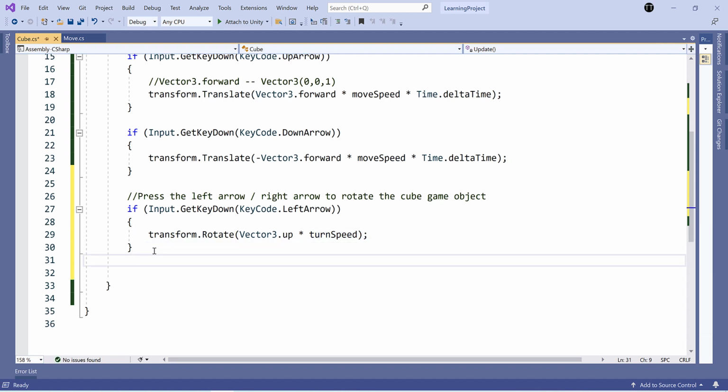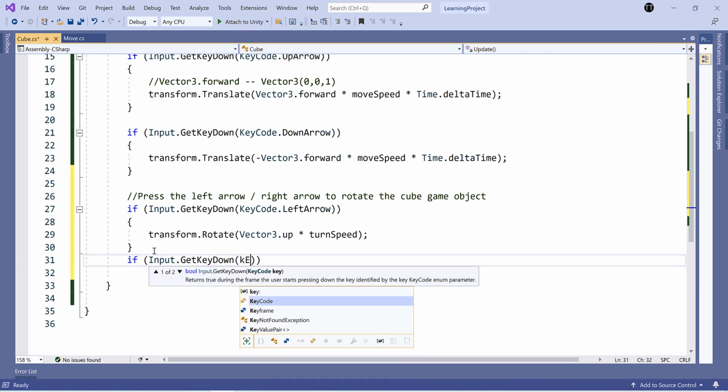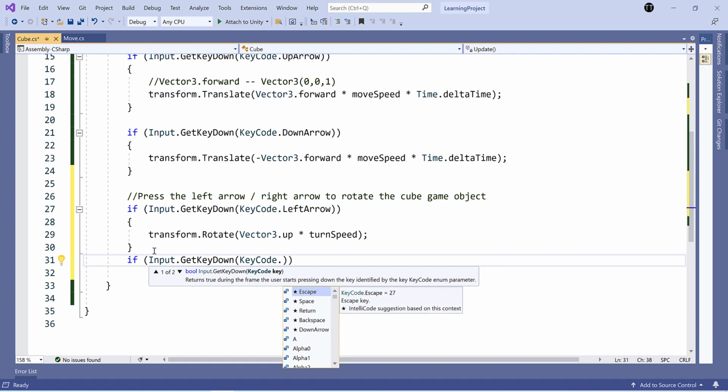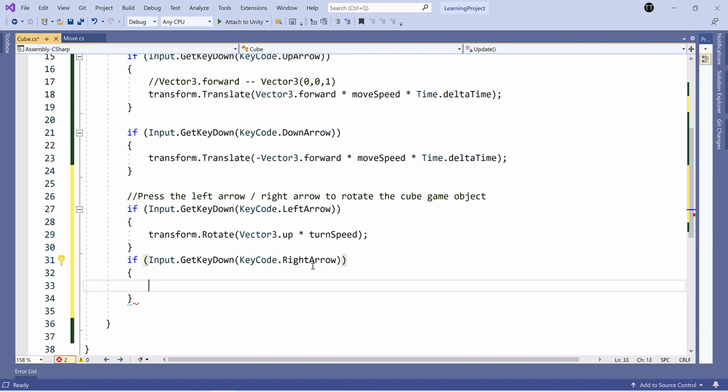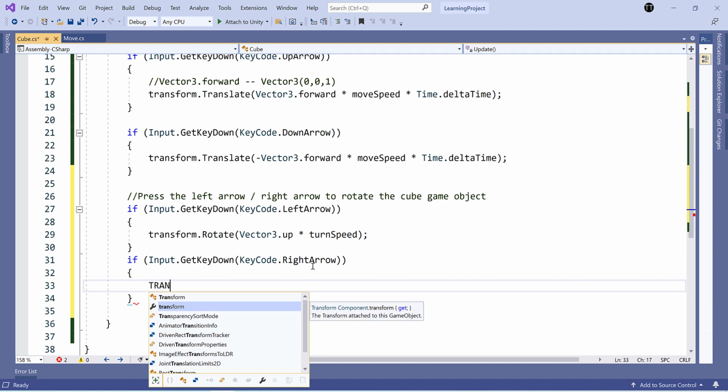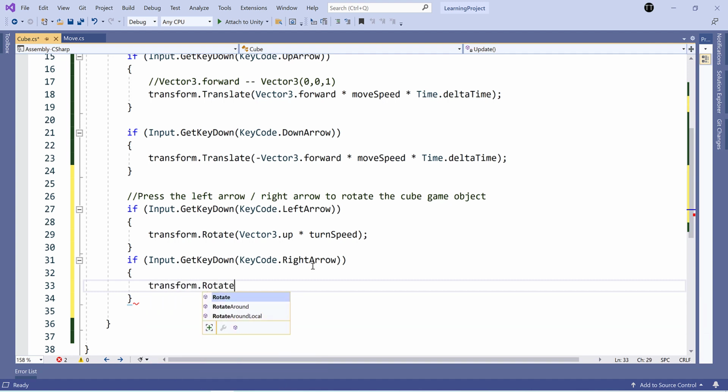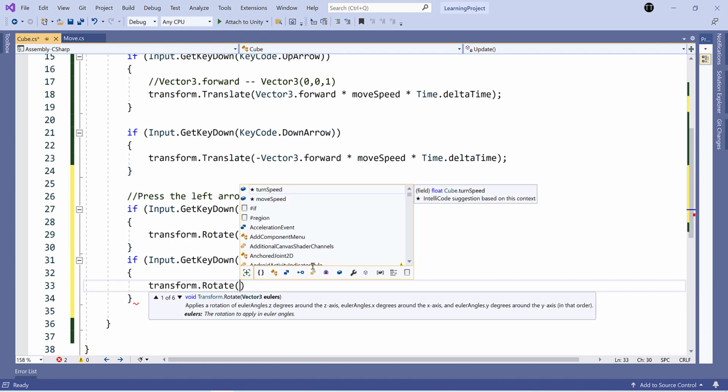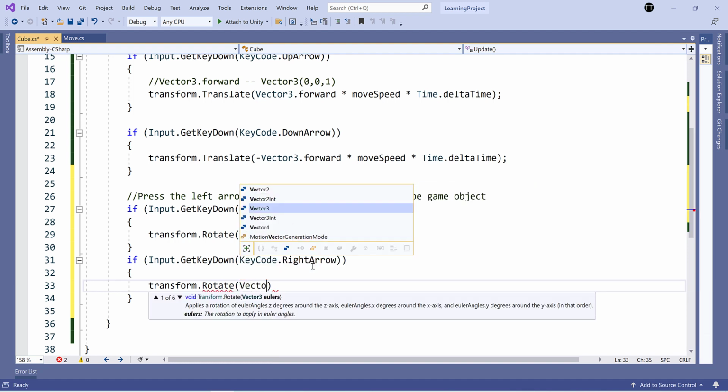If Input.GetKeyDown KeyCode.RightArrow, we will be using Transform.Rotate Vector3.up